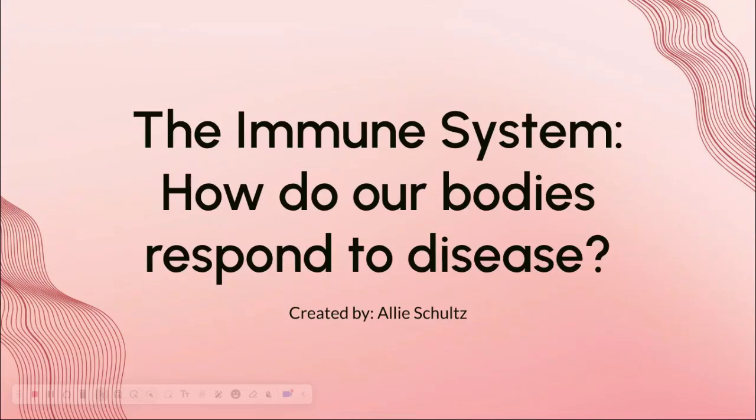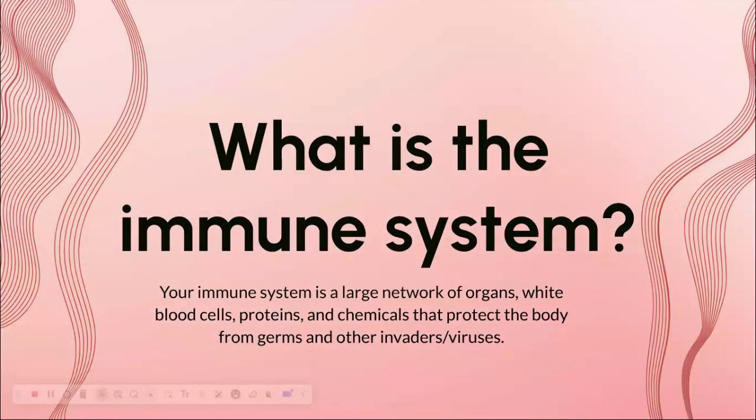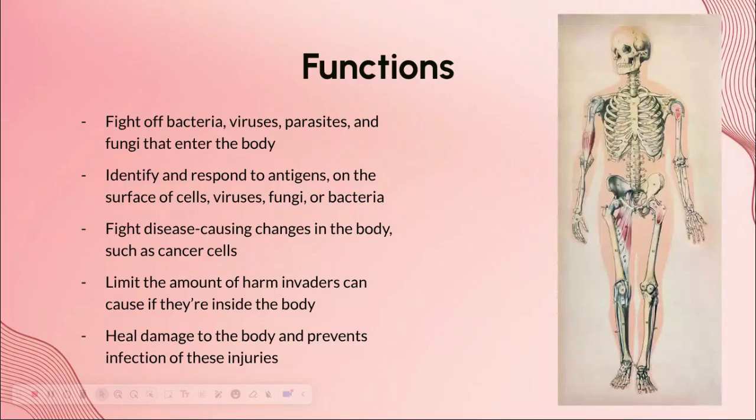So, the immune system, how does our body respond to disease specifically? Well, the immune system is a large network of organs, white blood cells, proteins, and chemicals that protect the body from germs and other invaders or viruses. The primary functions of the immune system is to fight off bacteria, viruses, parasites, and fungi that enter the body,